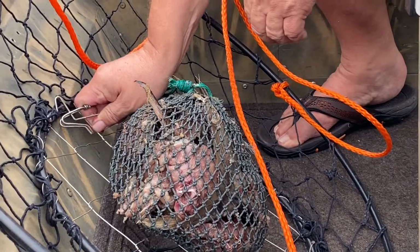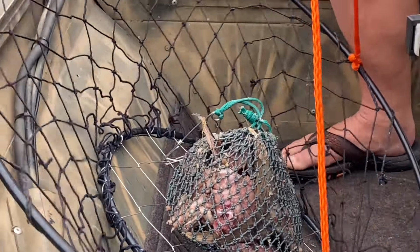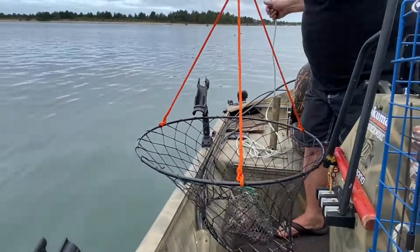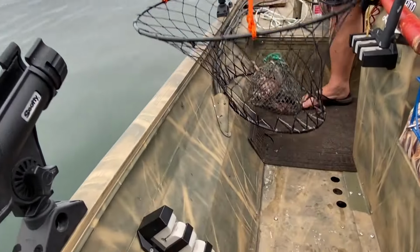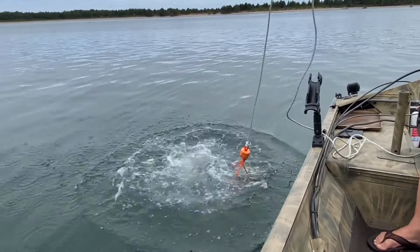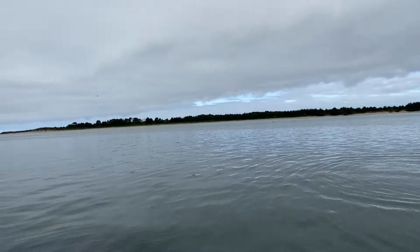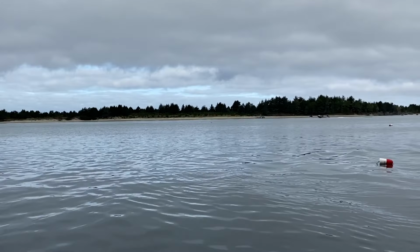Smells bad. Good, stinky. You don't smell anything? Ready? I smell. Here's our crab. Yeah, we got that one out. So we go that way. Yeah. That's right there. Now for the trap. Okay, back up on the...